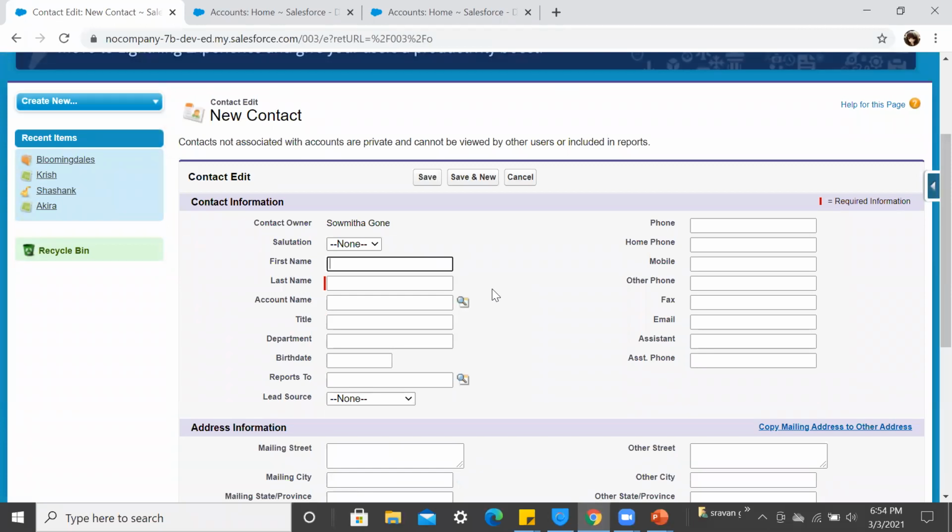In this contact, you can see the account name. Is it a required field or not a required field? It's not required. So not required means which relationship? Lookup. Lookup, correct.